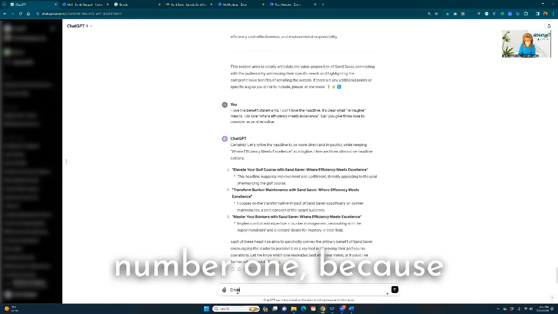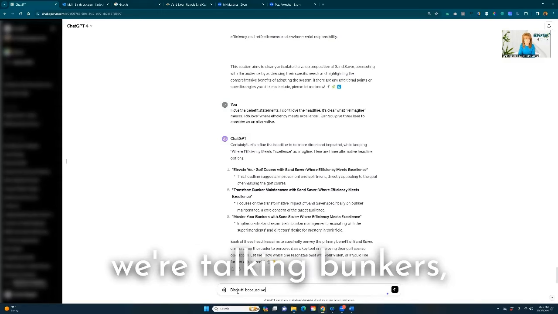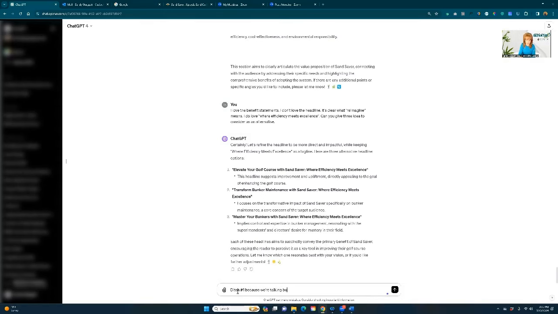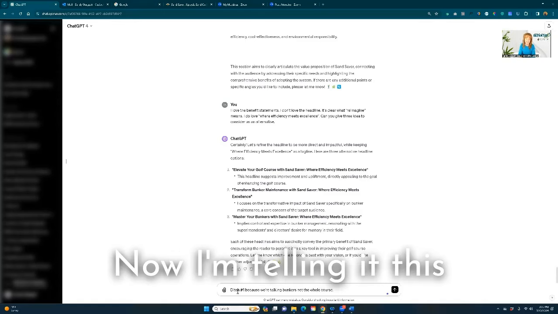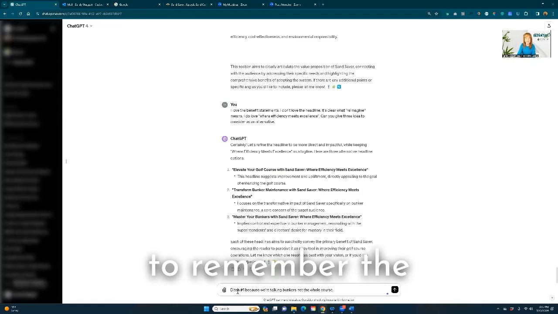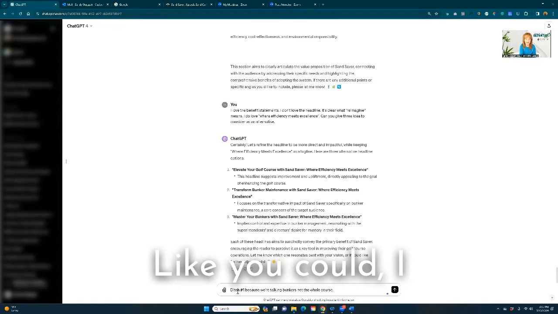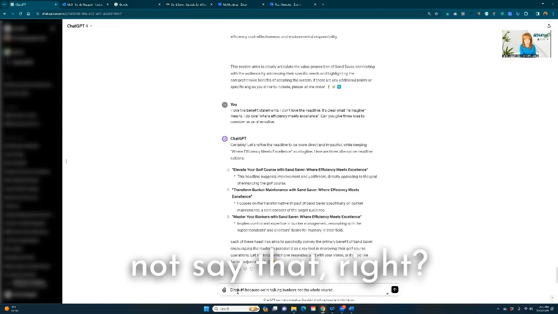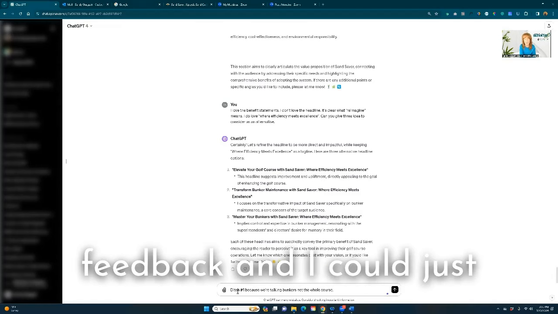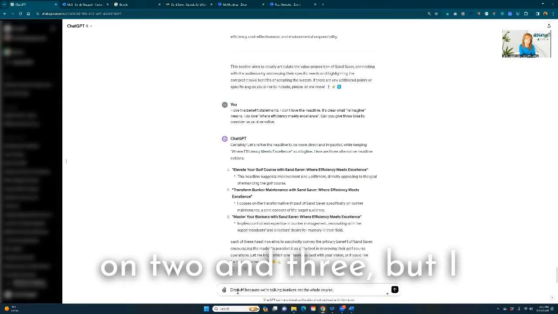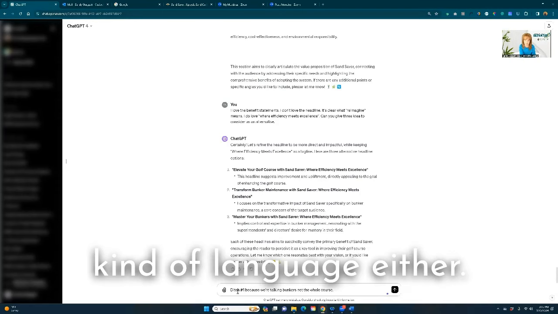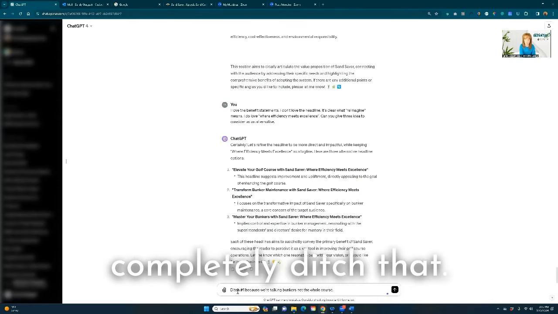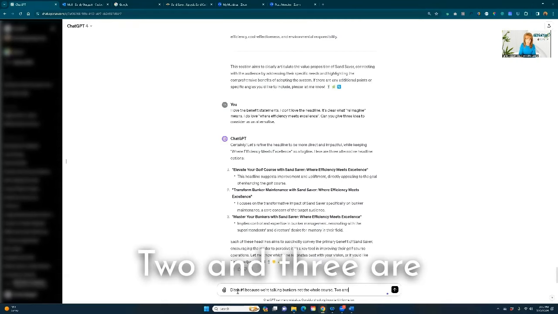I'm going to say ditch number one because we're talking bunkers, not the full course. Now I'm telling it this because it's going to remember the feedback I've given it. Like I could totally just not say that, right? I could not give it that feedback and I could just instantly go in and focus on 2 and 3. But I don't want it in the future to come back with that kind of language either. So I'm telling it to completely ditch that. 2 and 3 are better,